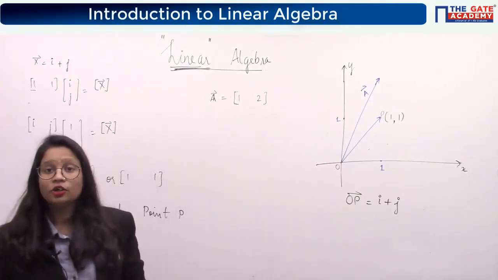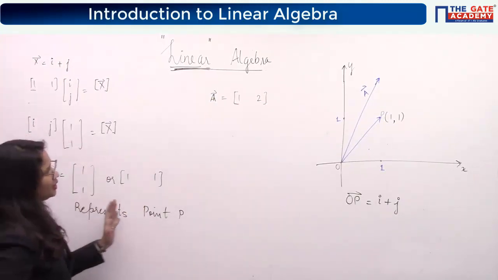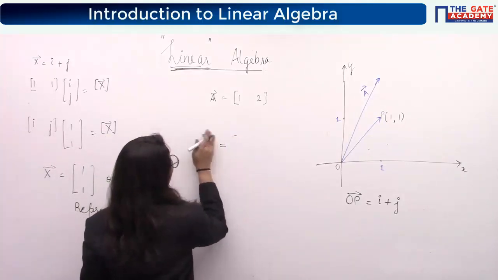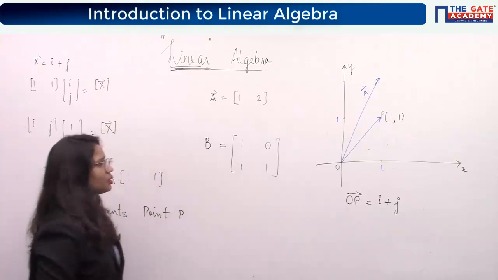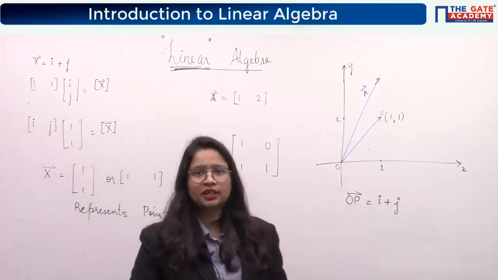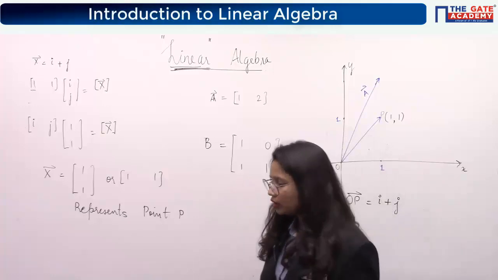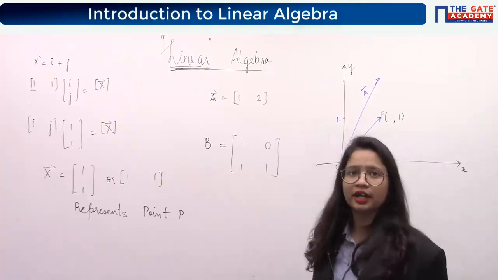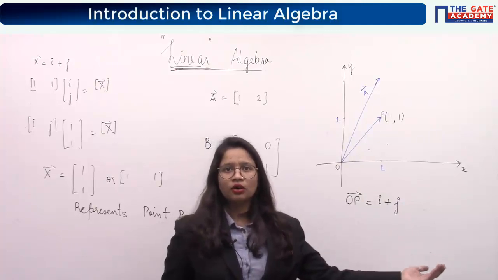Now what about a 2 cross 2 matrix? We have seen for a row matrix or column matrix it is a vector, but what about a 2 cross 2 matrix like this? Or I'll write B only. So let's say this is a 2 cross 2 matrix. What will it represent? One column or one row was representing a point or a vector, but now you have 2 columns and 2 rows. What will it represent to you? Will it represent a line? Line is the same thing as vector. That's what I was telling till now, that line and vector are interrelated.